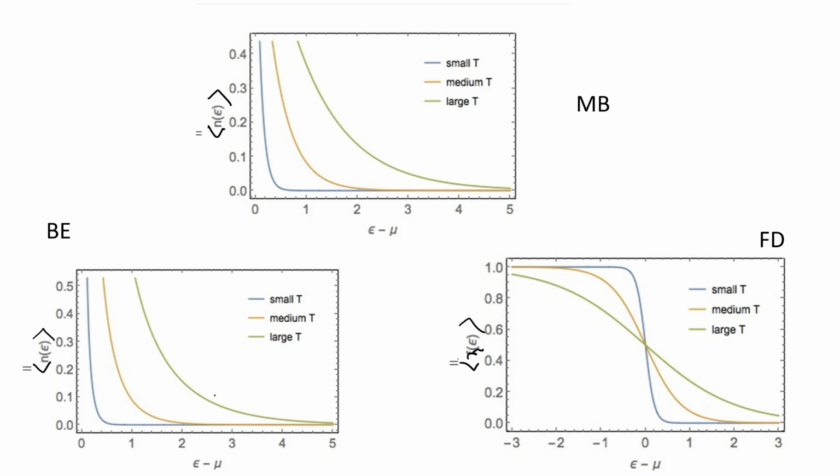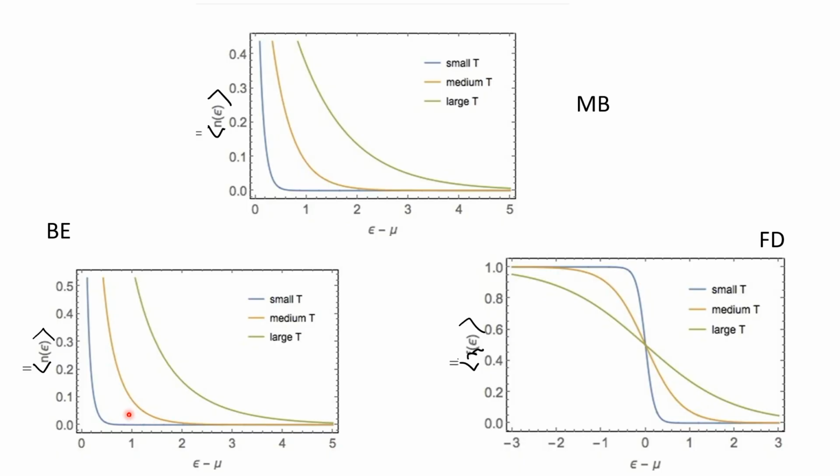And in fact, the Bose distribution looks almost exactly the same. It's only that as you come closer and closer to epsilon minus mu, there will be a large buildup of particles, which is called Bose-Einstein condensation, which is what we will see. This blow-up is what we are talking about, and there is a similar plot as a function of epsilon minus mu.